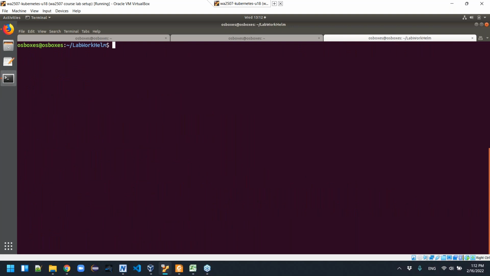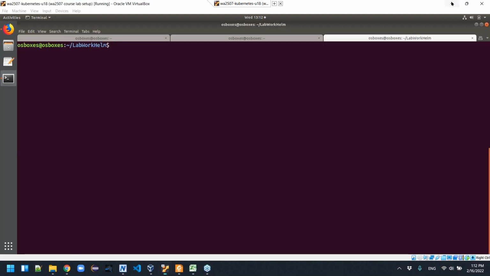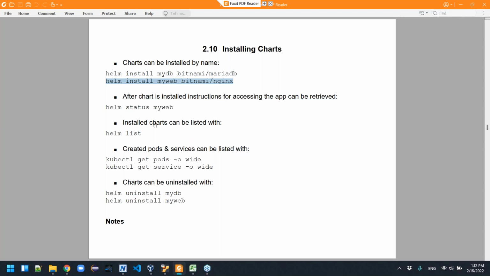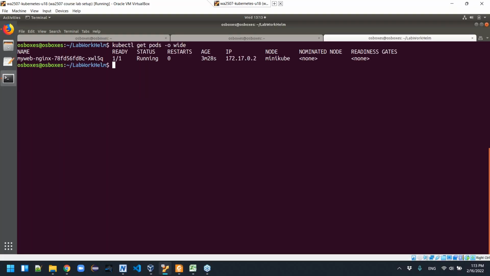So as you can see, it's very easy to bring up an application using this. Oh, I didn't need to go there. We need to go here. Okay. So we did status, we did list so that we could see which things were currently running. You can also use your standard kubectl commands to get information on the pods and the service. Let's try these just to verify that when it brings it up, it's